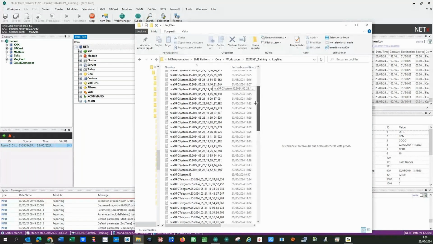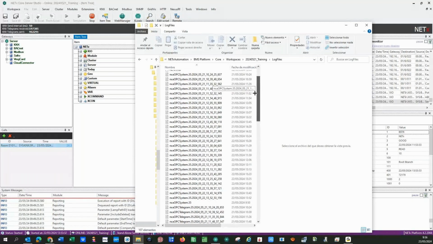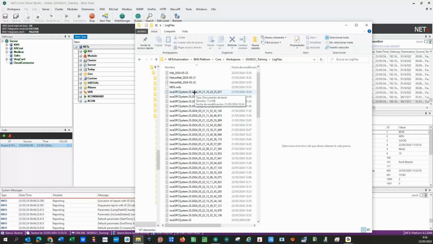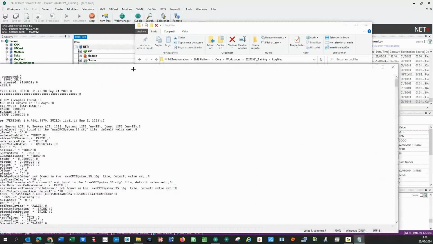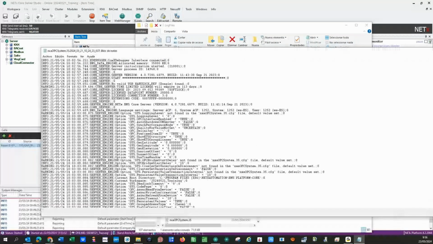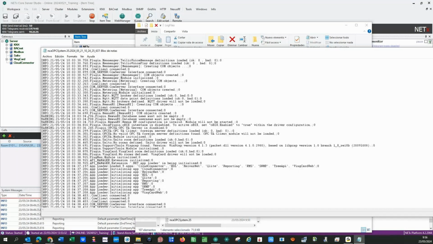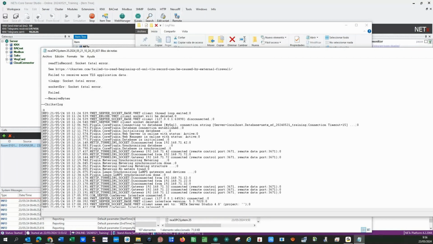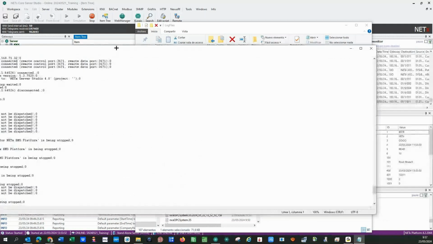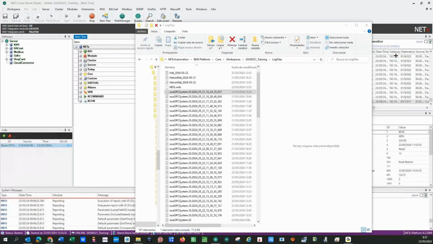a log. So, for example, you can see here the date, the year, month, and day. So at 10:24, whatever, it was the same time, the first time I restarted the server. So this was the very first log file we created for this BMS platform. So you can see everything that happened in this moment. Okay, it's here. So for diagnosis, if you have any issues in your computer or whatever, it's interesting to have